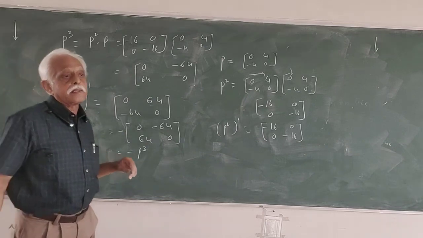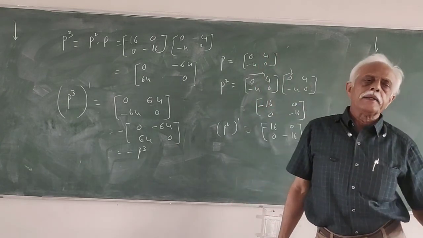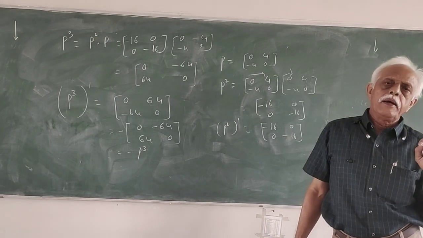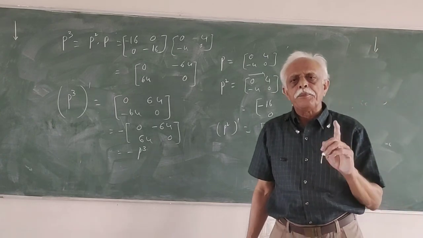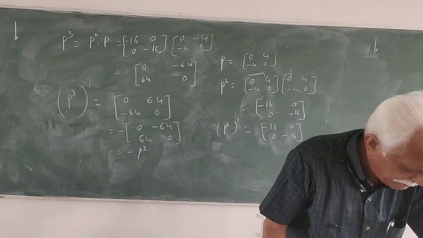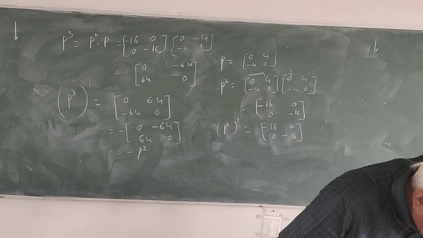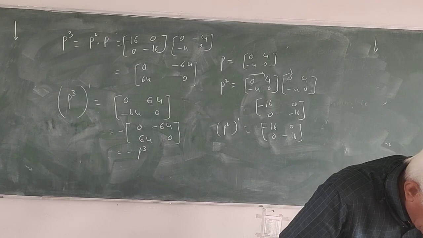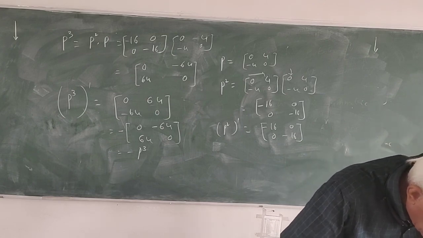See this, understand this. If A is a skew symmetric matrix, A power n will be symmetric if n is even. It will be skew symmetric if n is odd. Very, very, very important. Follow this carefully and work out. Then bit number 21. It is a skew symmetric matrix, then if it is even, it is symmetric. Over.